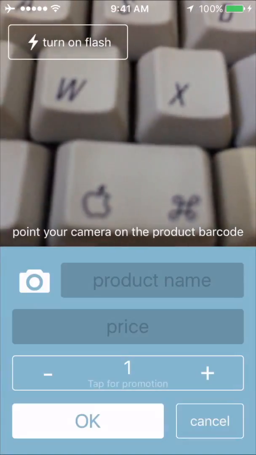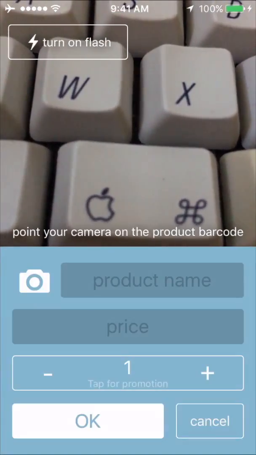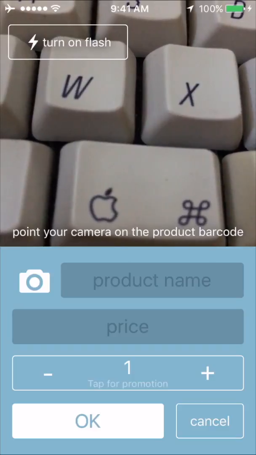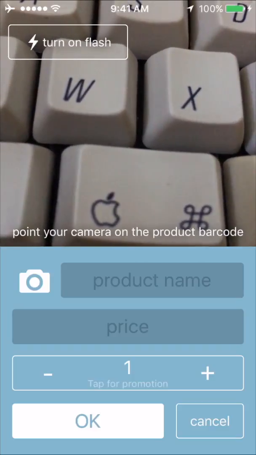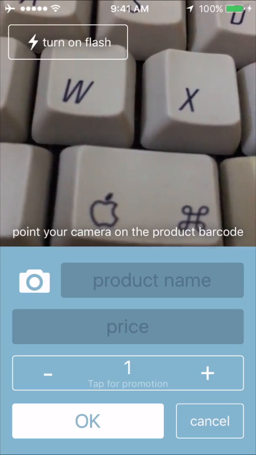Here you can see one of the many features of Telly, the barcode scanner. It's totally optional, but as we'll see, it will be extremely quick and fun to add items in future. Let's take a product we want to add and frame it in the camera. I have a box here to use as example.